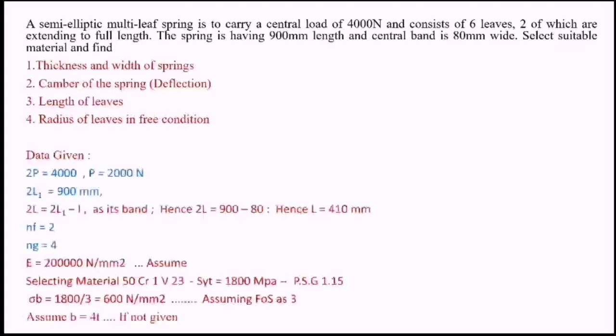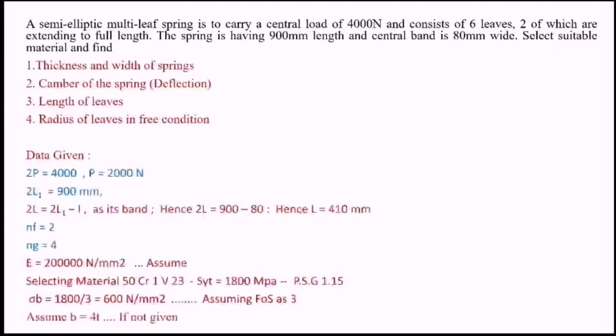This is a very important step in this. From the value of L1, I will find out the value of L by using the relation 2L is equal to 2L1 minus small l. Now what is small l? Small l is the length of band, or you can also say it is an ineffective length of the spring. So if it is given the springs are connected by a central band, we will use the relation 2L is equal to 2L1 minus small l. Or if it is given in the question that it is connected by means of a U bolt, then this relation will be changed to 2L is equal to 2L1 minus 2 by 3 of small l.